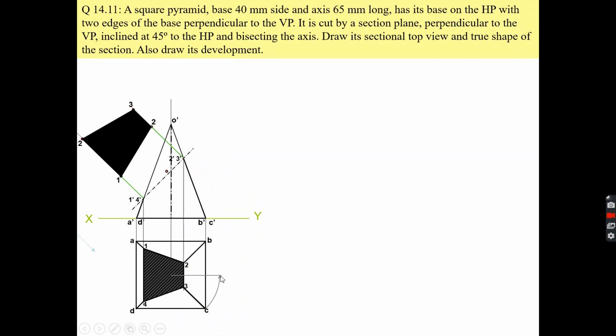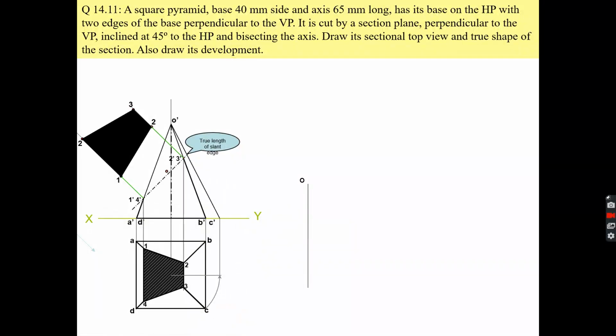After doing that, I will draw the new front view of the point C. So this is your now point C. After doing that, I will join the point C from the point O. So now you can see your line is now parallel to the XY line. So this line is showing you the true length of the square pyramid.